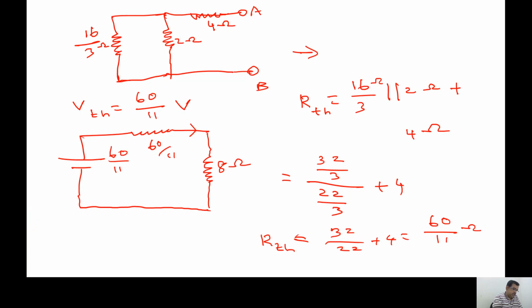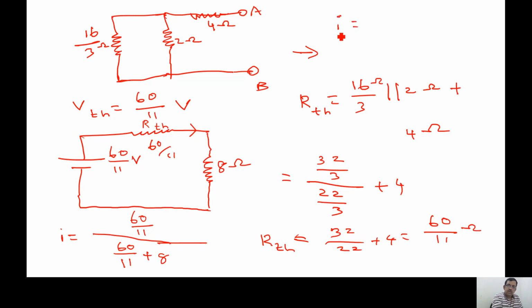So I will be equivalent to, actually this is 60 by 11 volts. So this is like the RTH. Okay, so I will be equivalent to, you can check it, 60 by 11 divided by 60 by 11 plus 8. So you will get actually the current